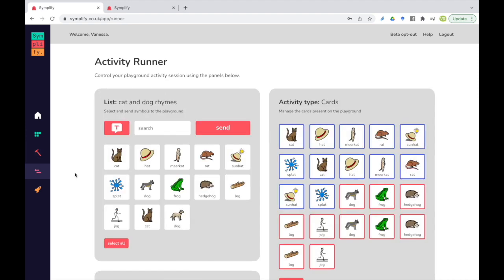Okay, so the next thing I want to show you is Simplify Live. I'm really excited about Simplify Live, and I'm hoping it will get round a big problem for quite a lot of people. So this has really been designed for teletherapy, but also for situations where you are using a second device which perhaps isn't your own. So you're maybe using a client's device or a device in a school setting, for instance, where you don't want to put your login details in. You don't want the owner of that device to have potentially access to the rest of your Simplify account. You just want them to have access to the game.